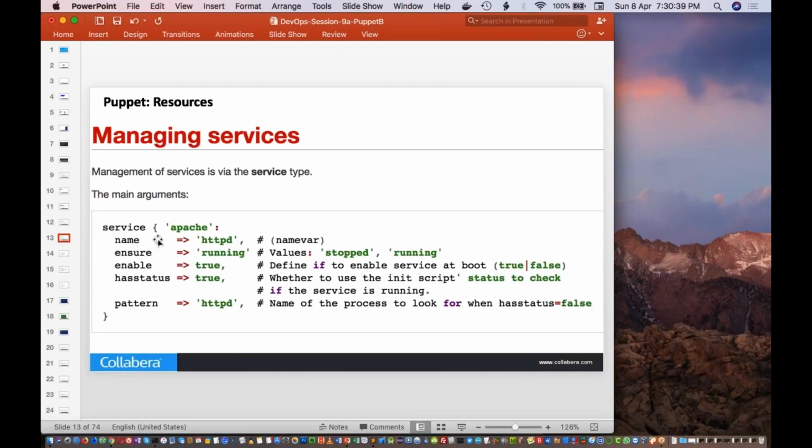So this is one example of the service resource type. Here you'll have the service title, then the name, then ensure that it's running, enabled and all. Then has status, like what is the status. If you want to have a health check to see if the service is running, then you can use this has status. When you are using this, it will be looking for this particular pattern or this particular process to see whether it is running or not.